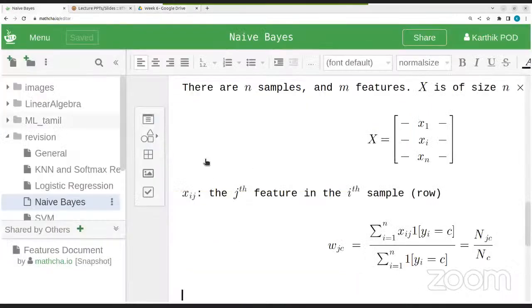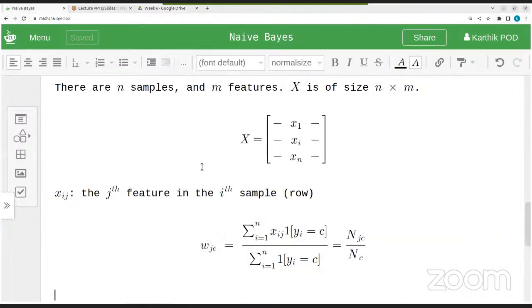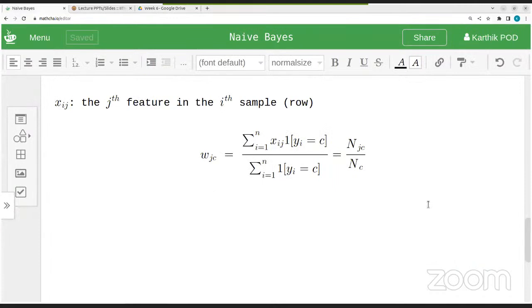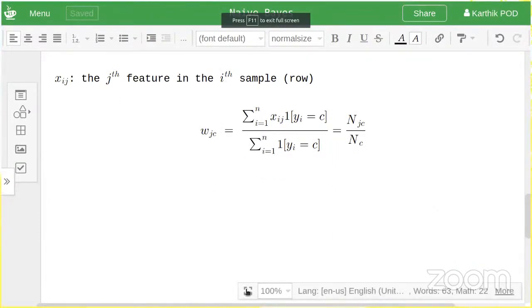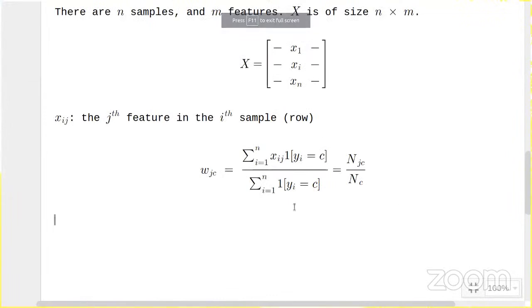Okay, anyway. So is this clear to everyone, or are there some confusions still? The confusion is like you're saying it will consider only the positive values of x_ij. I am not saying that. We can infer that, right? Because the x_ij is either 0 or 1. So when x_ij is 0, that will not contribute to this sum, right? So what I'm saying is you will finally end up with this, what I call n_jc, is nothing but